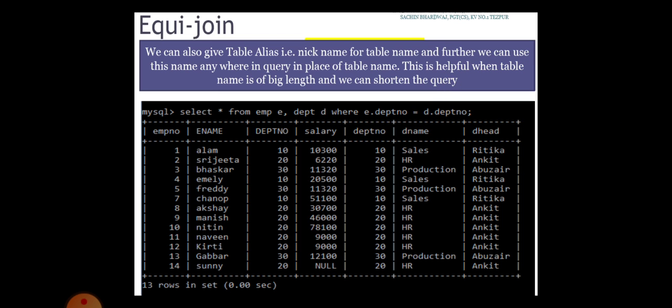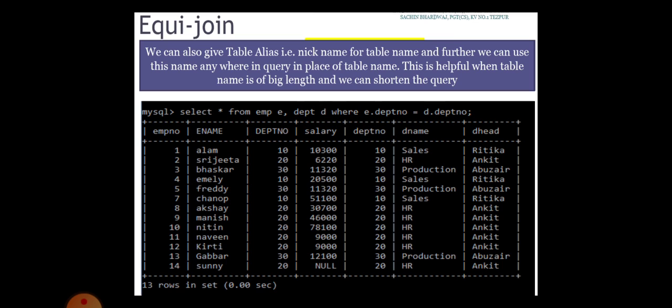We can also give a table alias for the table name as we did a column alias. The only thing is we need to give a space. So look at the query given: select star from EMP E, where E is the alias name for the employee table, and D is the alias name for the department table. This is helpful when the table name is of big length.